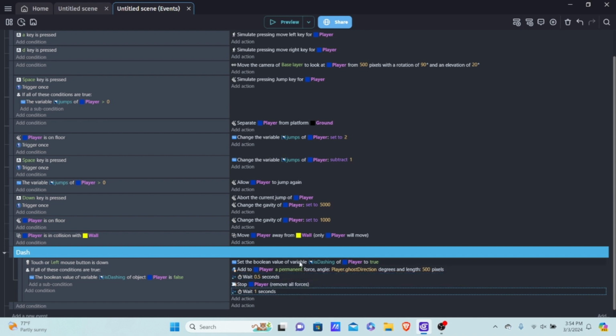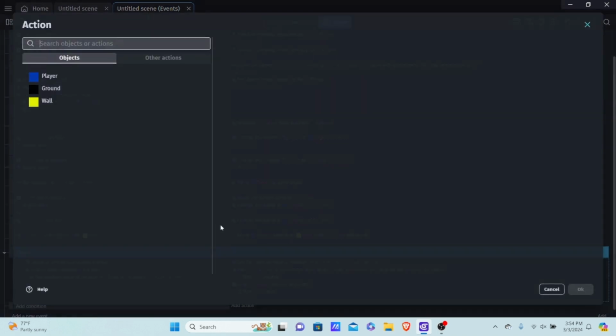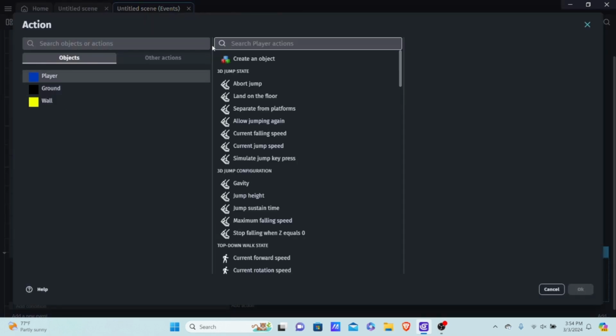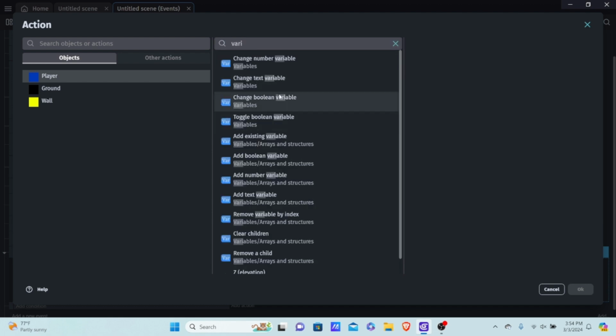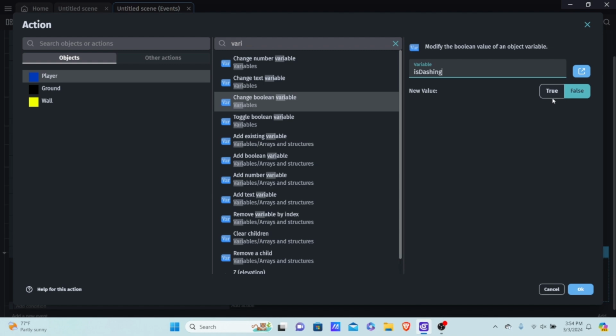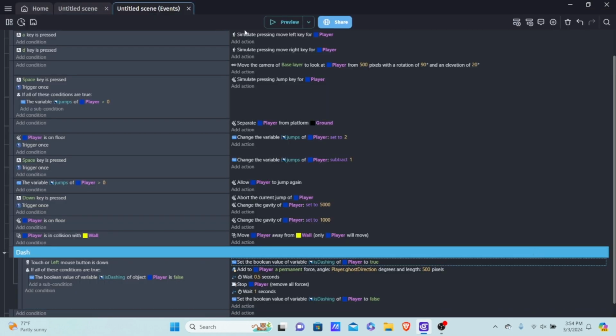So you can change these to whatever variables you want them to be. So now we're going to set the Boolean variable of player is dashing to be true. Well, not to be true, it'll be false. So I'm going to type in variable, and it's going to be another Boolean variable, and I'm going to put is dashing is now equal to false. So if I press preview,